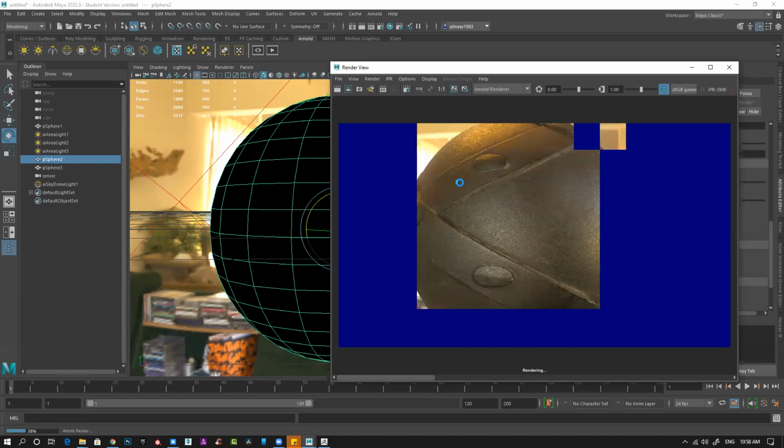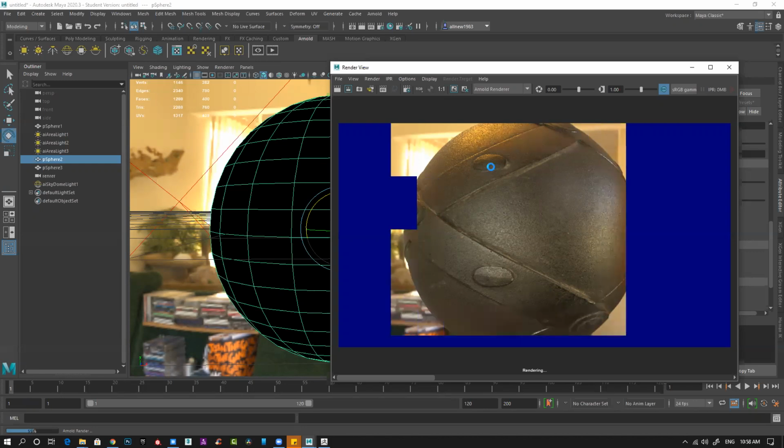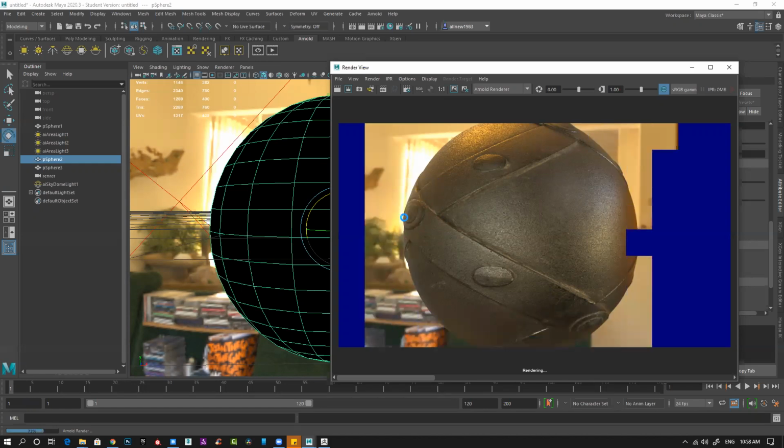You can see it generates all the volume, not just giving you the illusion of volume. Displacement basically generates the volume. You can see the thickness, the shape, and all the value, everything it generates.